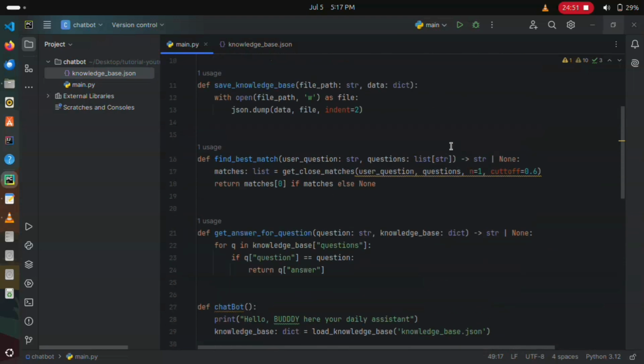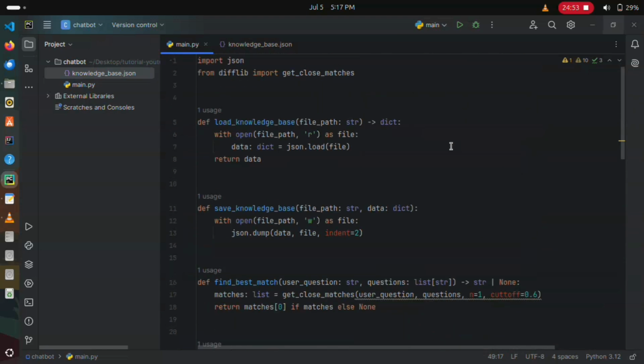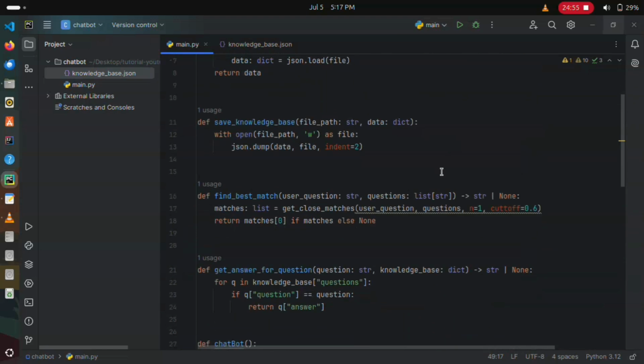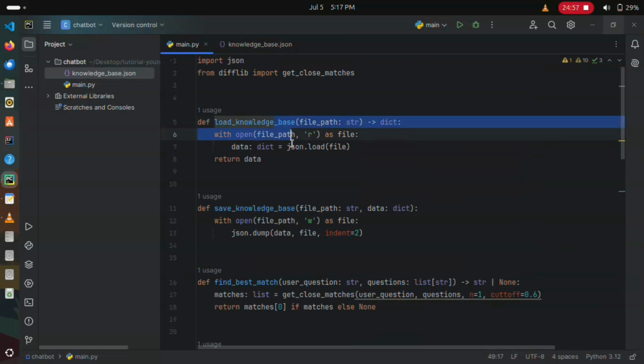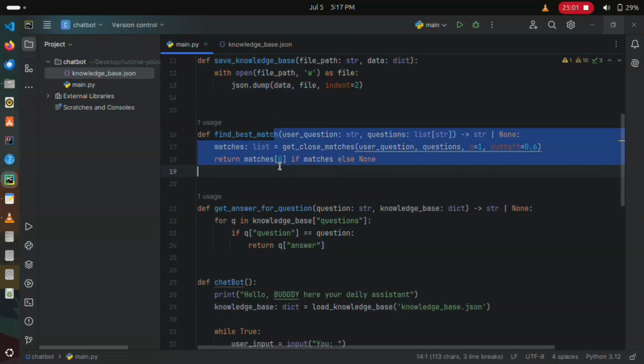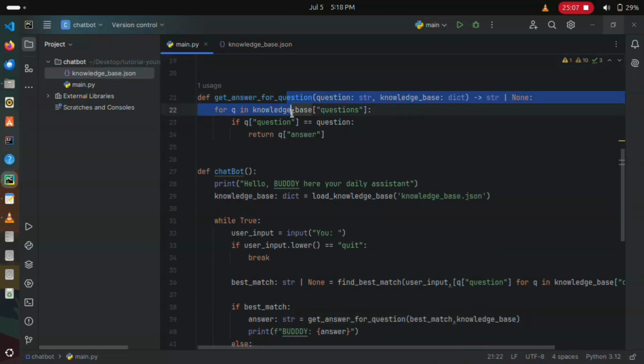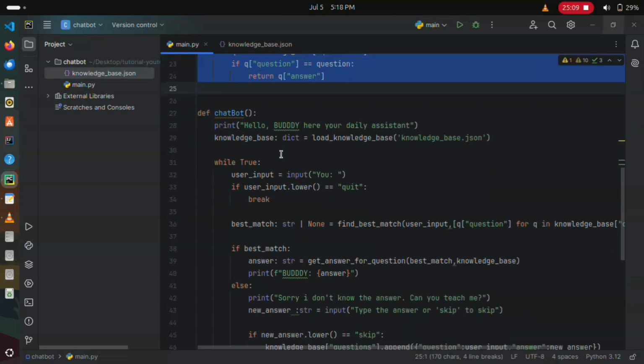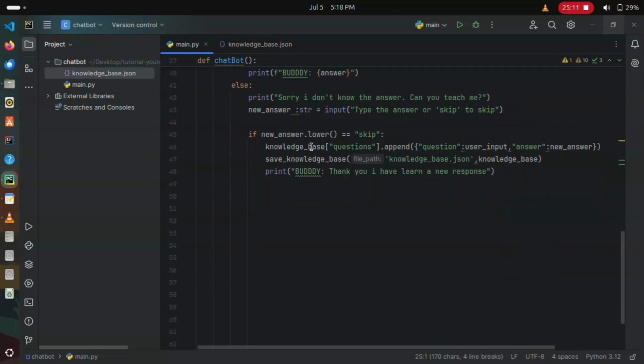So far we have done quite a few things here. We have fetched the knowledge base, saved it, found the best match for the actual data we have received from the knowledge base, and gotten the answer for the question. So now I just want to run this file. I'm gonna say here,